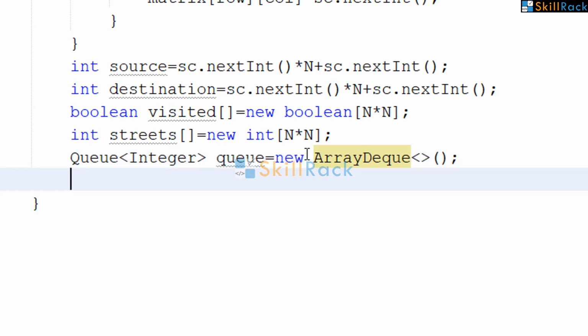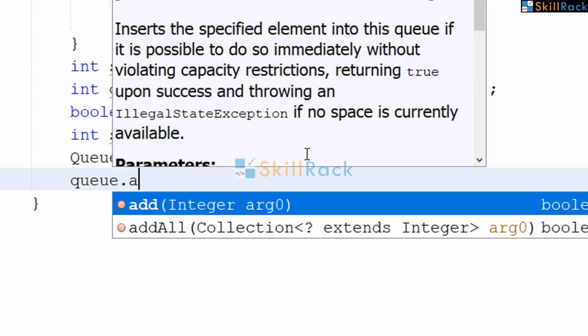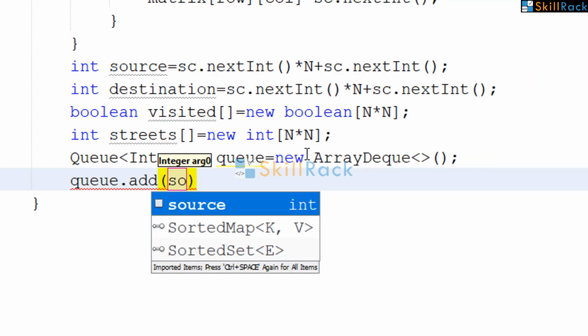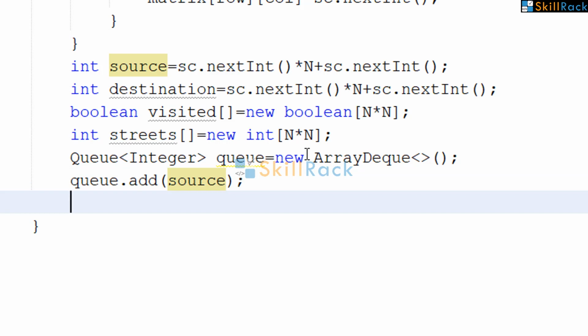So after instantiating the queue, the first element that should be added is the source node. So let us add the source node. After adding source node, we have to mark it visited, because whatever elements are added to the queue, we have to mark it visited.